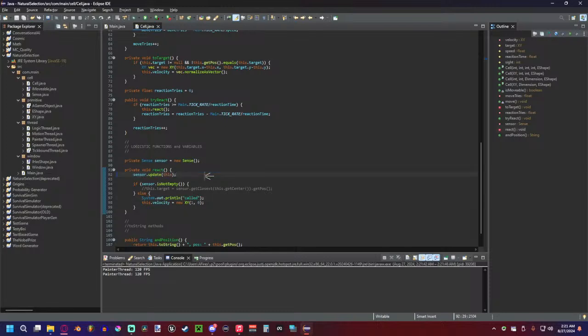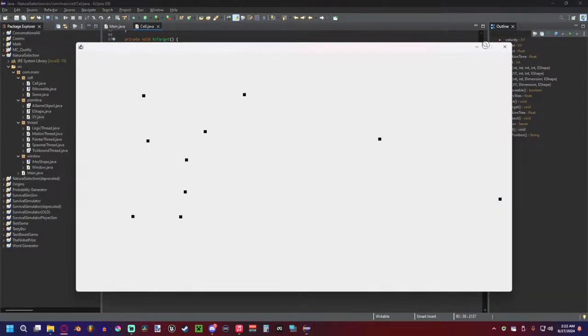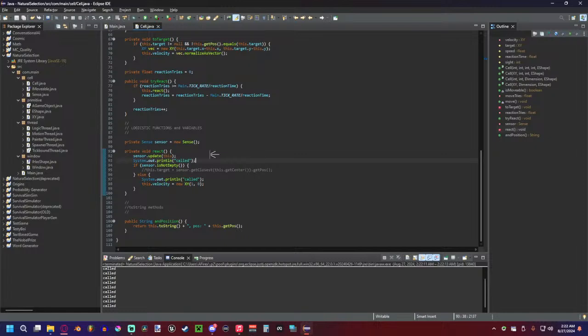Sensor.update this, and then it should be calling this as well, but it's not. If sensor is not empty, but if else, it should be calling this, but it's not. So it should all be, yeah, that's being called. But for some reason, this is where